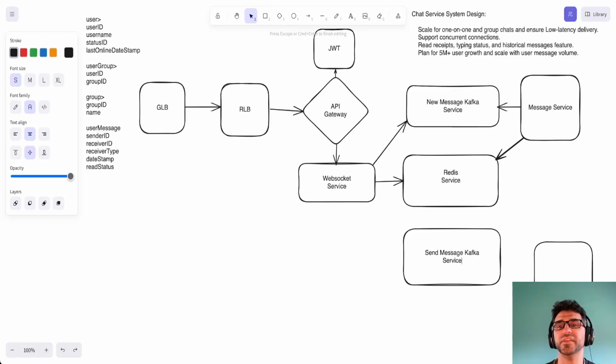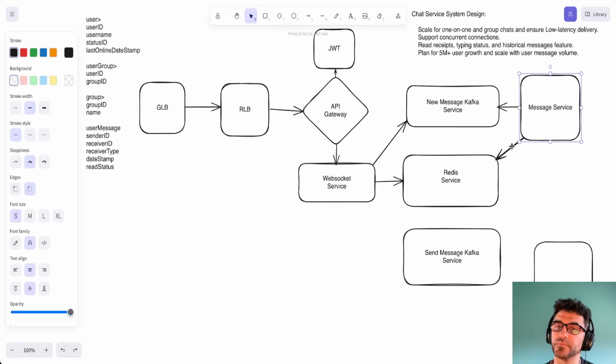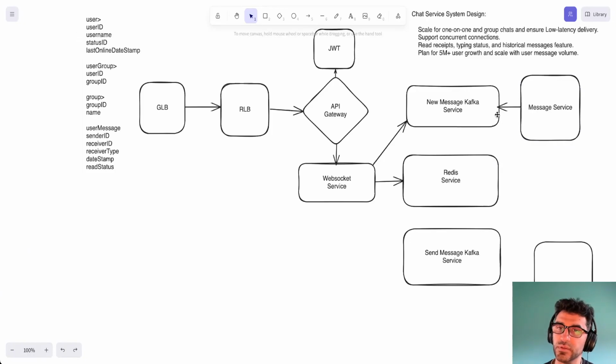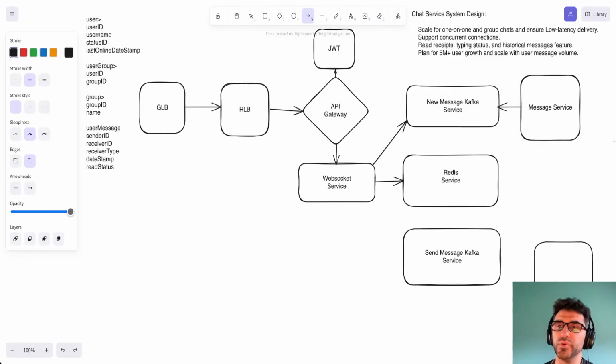All the messages in here will be for users who are waiting, who need to be sent a message. So I'll get rid of this. I will have the message service store that information into